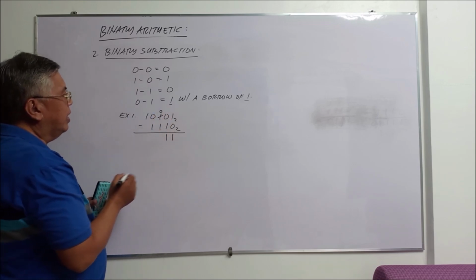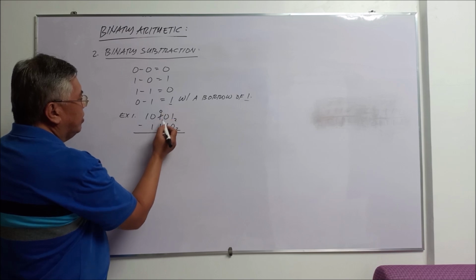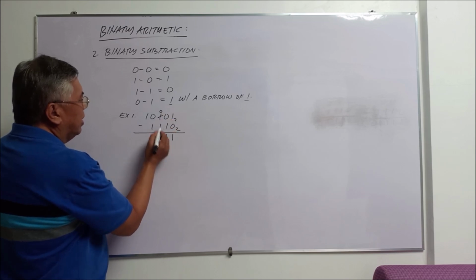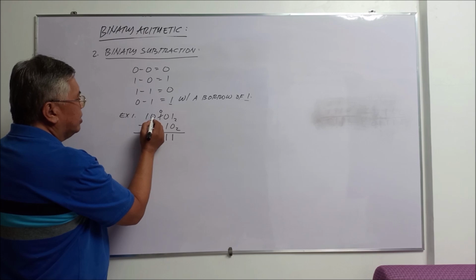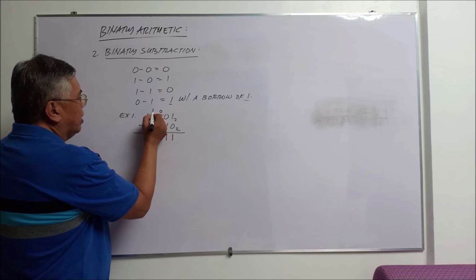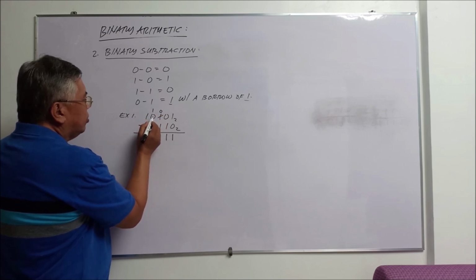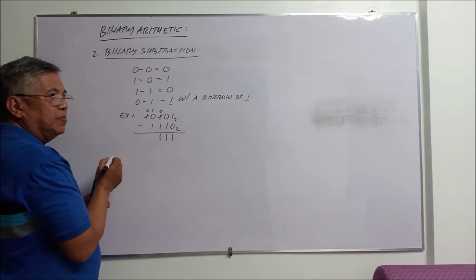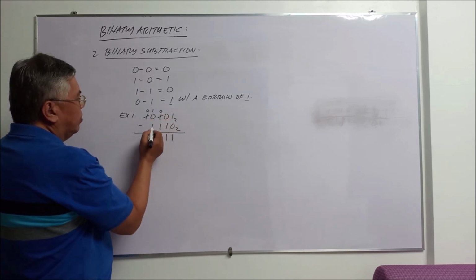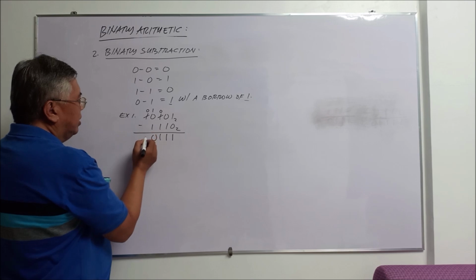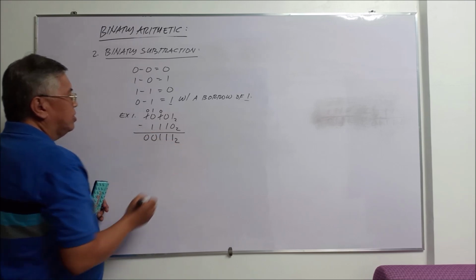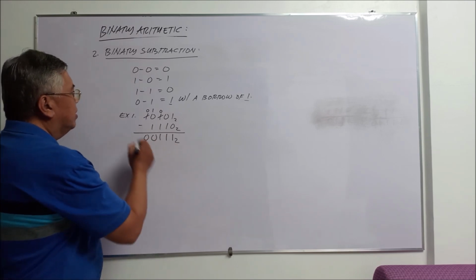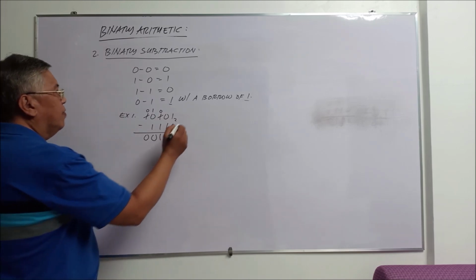Alright? Then 0 minus 1 again is 1, and we need to borrow here on the next digit. So this 0 here, which is the next digit, becomes 1. But since this is 0, it needs to borrow again from the next digit, which is 1. So this one here becomes 0. So 1 minus 1 is 0. Bring down 0 of base 2. That is binary subtraction. So for checking purposes,